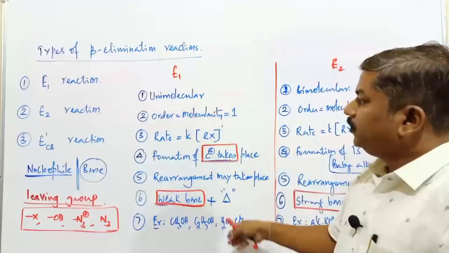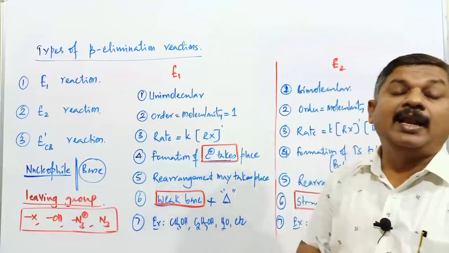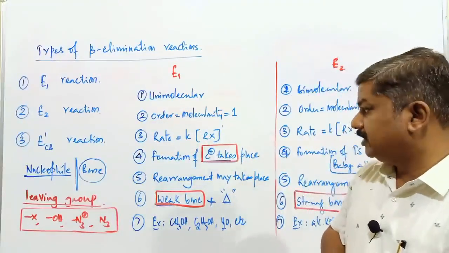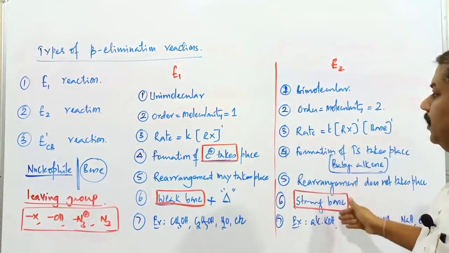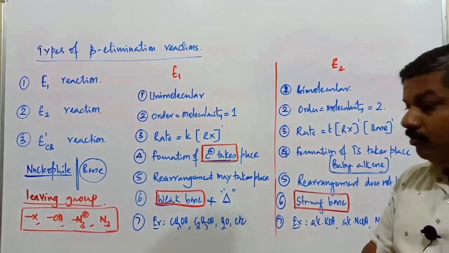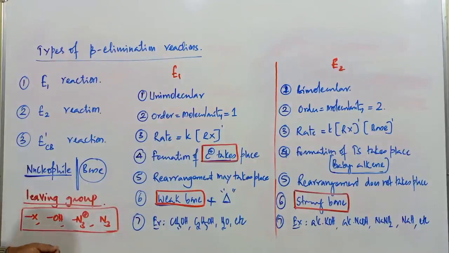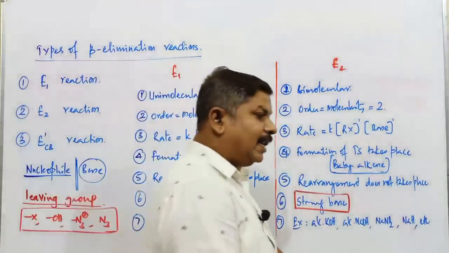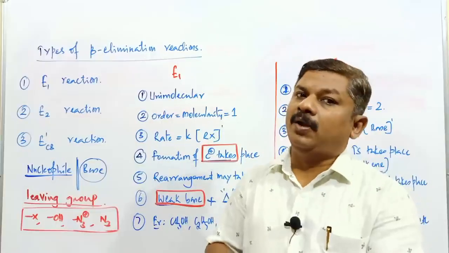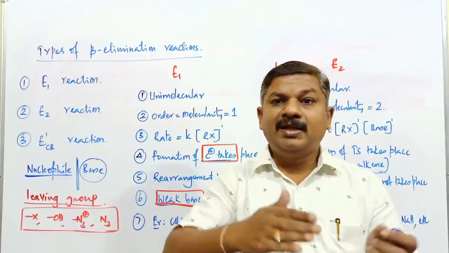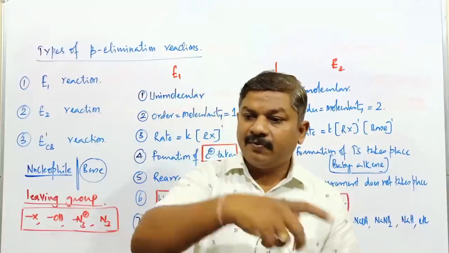So we have to discuss about this elimination E1 and E2 reaction with respect to these particular alkyl halides or halogen substituted compounds. So these are the properties with respect to E1 and these are some of the points with respect to what? E2 mechanism. Remember, this is E1 and E2 mechanism. Now in case of the particular alkyl halides or halogen substituted compounds, how to differentiate the E1 and E2? Already we have discussed about differentiation of the particular SN1 and SN2 reaction. In what condition SN1 and in what condition SN2?